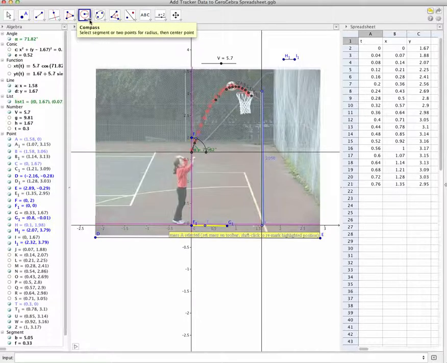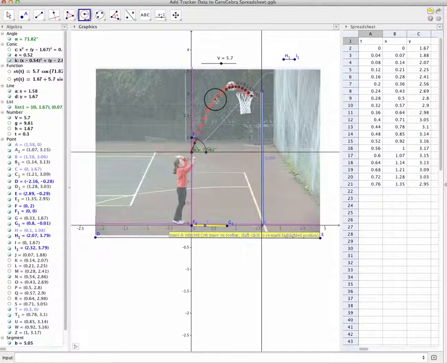which is this one, and if you have a look here, select segment or 2 points for the radius and then the center point. So what we're going to do here is select those 2 points, or the segment rather, for the radius, and then we're going to select N for the center point. Okay, we're then going to go